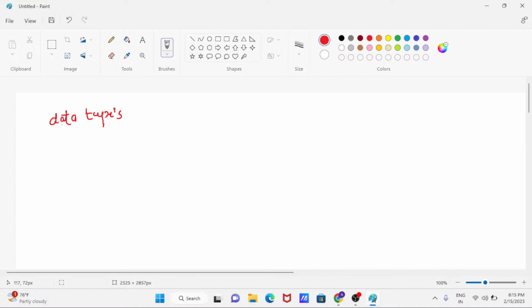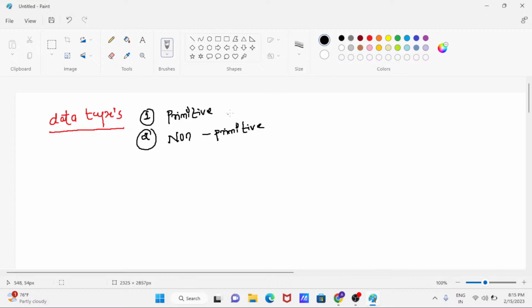Someone is saying eight data types, but we have two data types. So what is the first one? Primitive data types, correct? And the second one is non-primitive data types. Primitive and non-primitive data types.